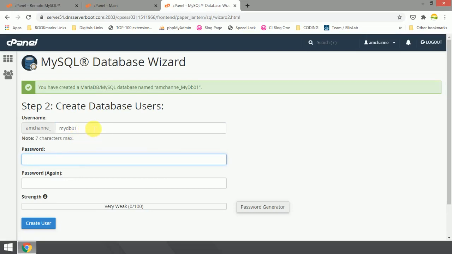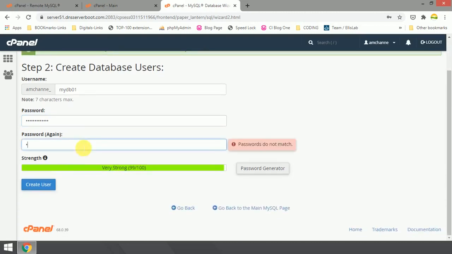I am just giving it as simple as possible, and I will add here my password for this user. So make sure you remember your password. You will need this username and password while using it in your database connection link. So I have created a database user as mydb01, and I'll click on create user.